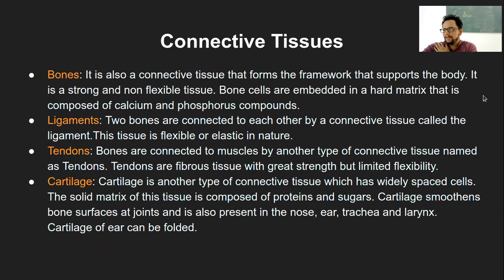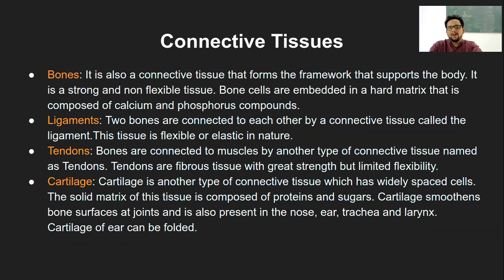Okay, I assume no one else has any question, and I will move forward with these different examples of connective tissue. For bones, I have deliberately not put a few pictures here because we know these things at least in terms of names and where they are present. If the pictures are kept here, it might get confusing at times. And we don't have to draw those diagrams for bones and ligaments and so on, so they have been skipped. So bones are again an example of connective tissue that forms the framework that supports the body. This we all know.